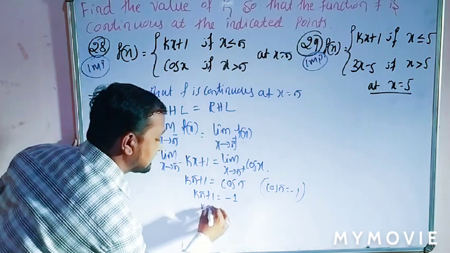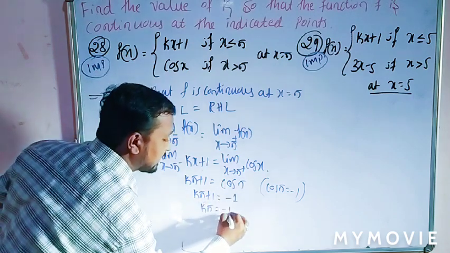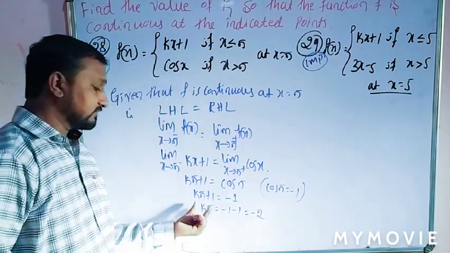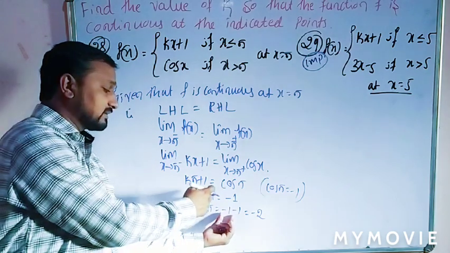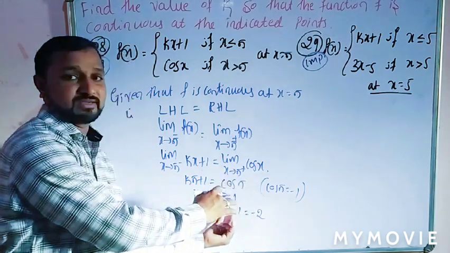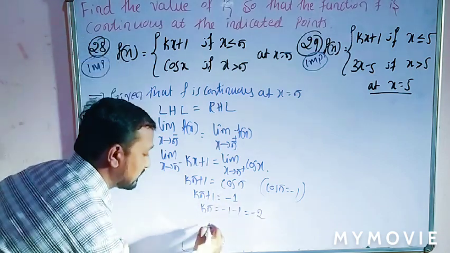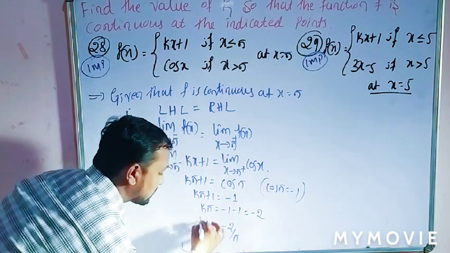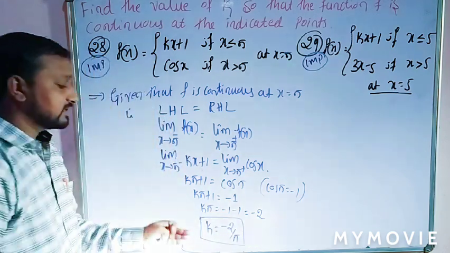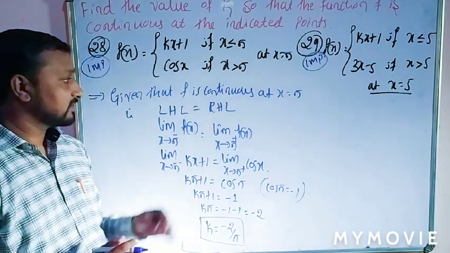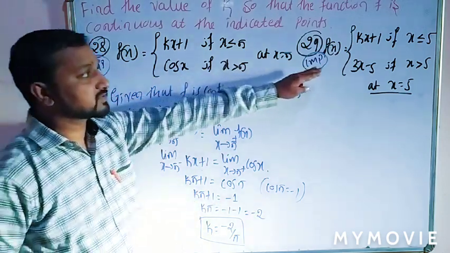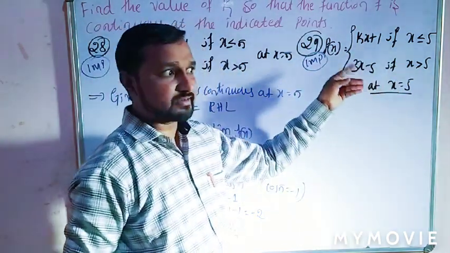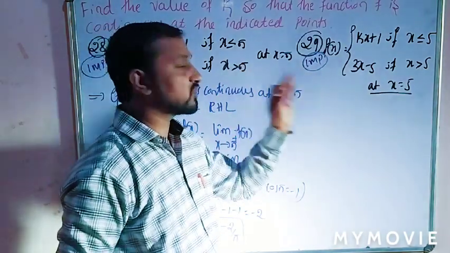Then k pi keep as it is. Plus 1 shifted to that side will become minus 1, so minus 1 and minus 1 is equal to minus 2. Is that clear? K pi keep as it is, here also minus 1 is there, then plus 1 shifted to that side becomes minus 1. So minus 1 minus 1 is minus 2. So then the value of k is equal to minus 2 divided by pi. Cross multiplication of the term will give the answer k equal to minus 2 by pi. Okay, very simple example. And this is also the same example, same LHL equal to RHL. Solve it, you can; the value of k should be, I think, 9 by 5. Okay, so this is also a very important example.